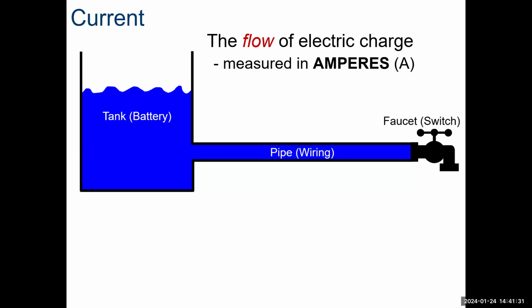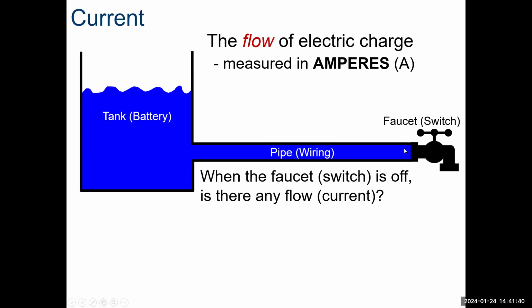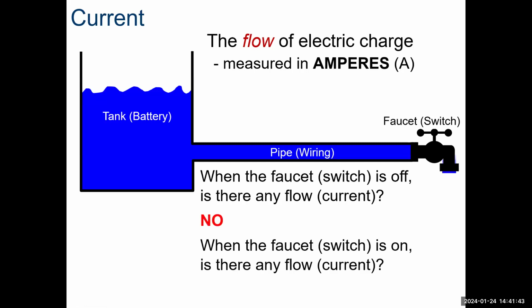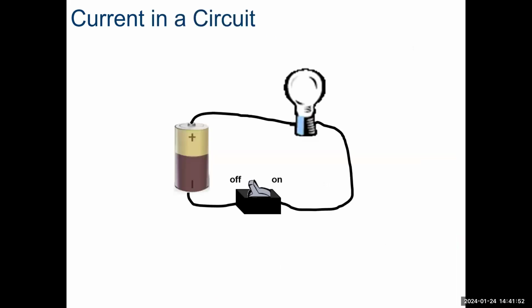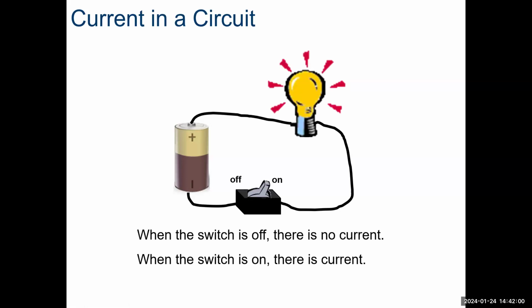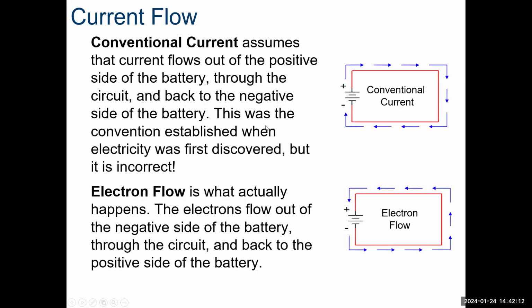The flow of electrical charge measured in amps is like this water tank and pipe, right? When the faucet switches off, there's no flow. And when the faucet switches on, there is current. So that's the same kind of thing that we have happening in electrical circuits, right? If it's off, there's just no complete circuit. And if it's on, there's a complete circuit. Energy can travel all the way through back to the battery, and the light can use some, right? So much energy is coming in, a little less is coming out. All right, so